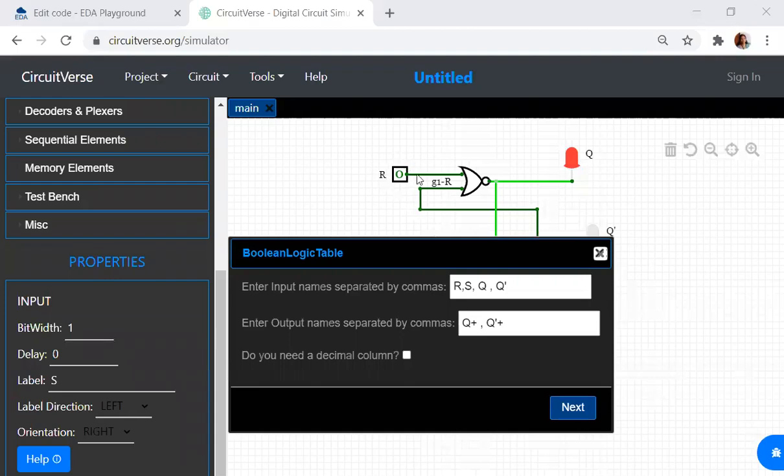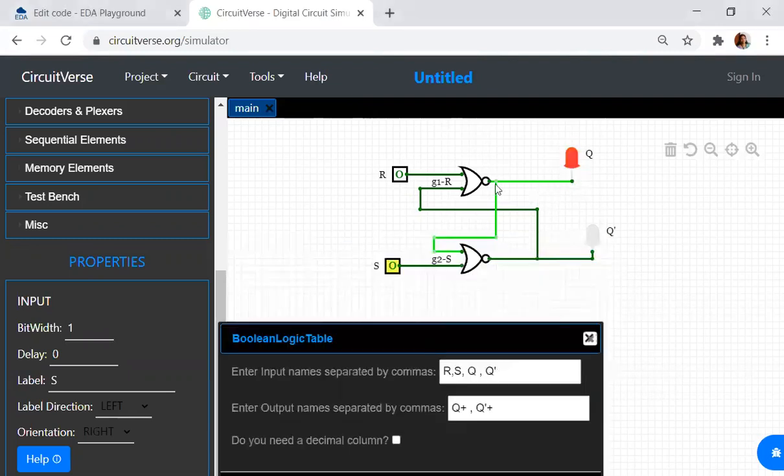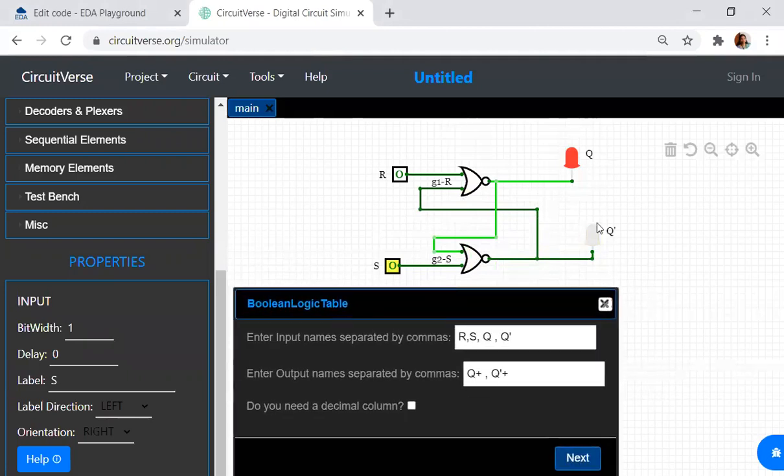We have two inputs, R and S. Now this Q also acts as an input. If you can see over here, Q acts as the input and Q bar will be generated as the output. At the same time, Q bar also acts as the input. Since Q and Q bar act both as input and output, if I write the detailed logic table,